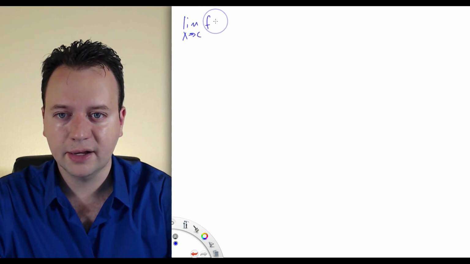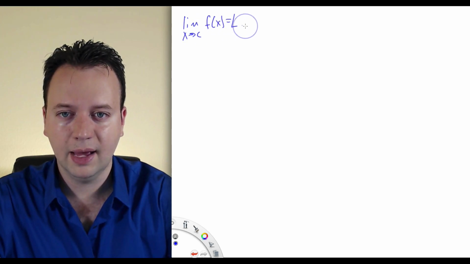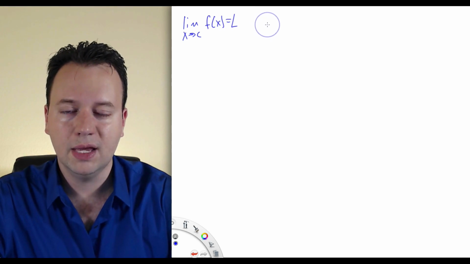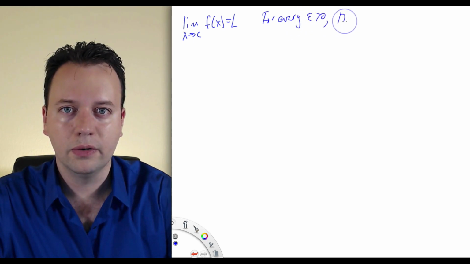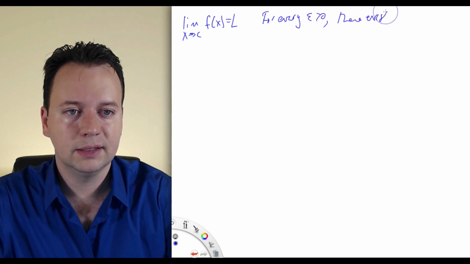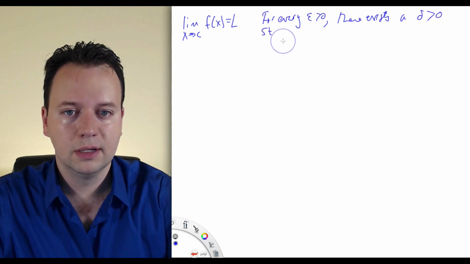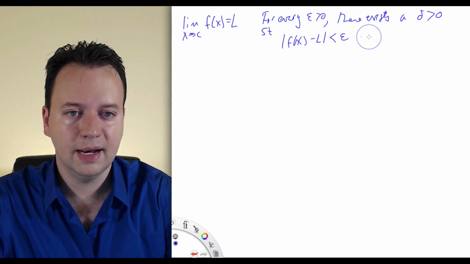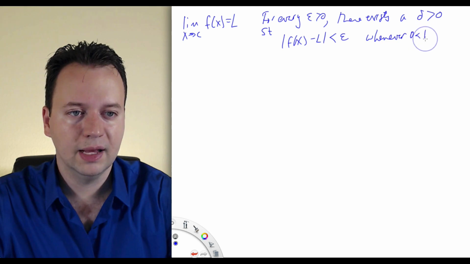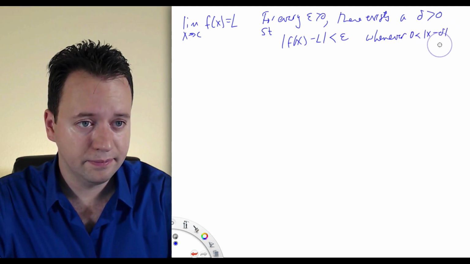The limit as x approaches c of f of x is equal to L means that for every epsilon greater than 0, there exists a number delta greater than 0 such that the absolute value of f of x minus L is less than epsilon whenever 0 is less than the absolute value of x minus c